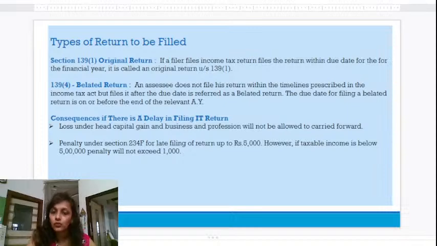Again, there would be no penalty imposed in case the income did not require a mandatory filing as per the provisions under 139(1), even though the return was filed after the expiration of the assessment year. If you were not mandatorily required to file the ITR and you forgot to file, then in that scenario you would not have to pay any kind of penalty. But if your due date has expired and after that you are filing your income tax return, which means the belated return, then in that scenario you can file it. There is no problem in that, but you will have to pay the penalty amount. That is the case.